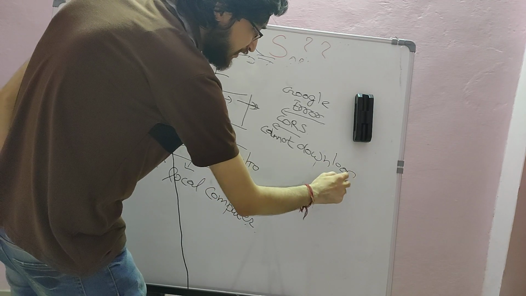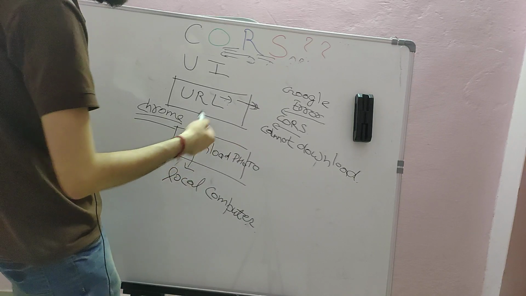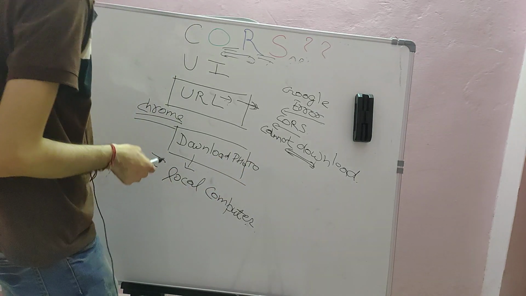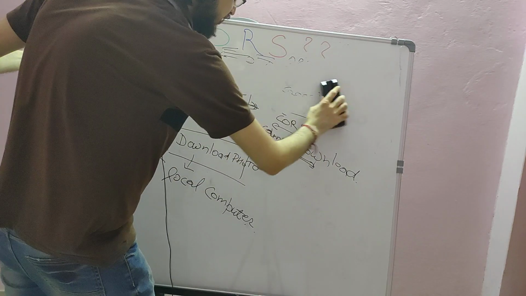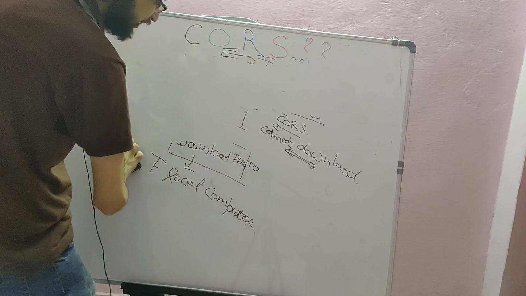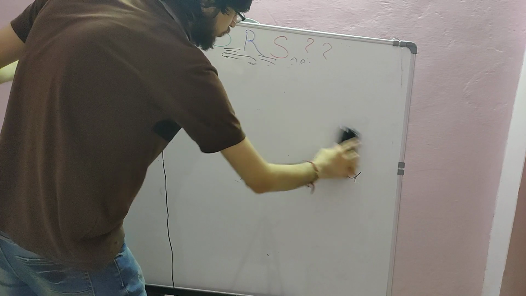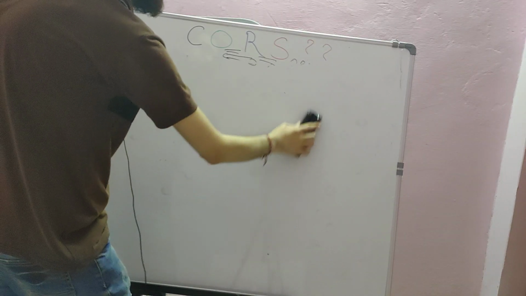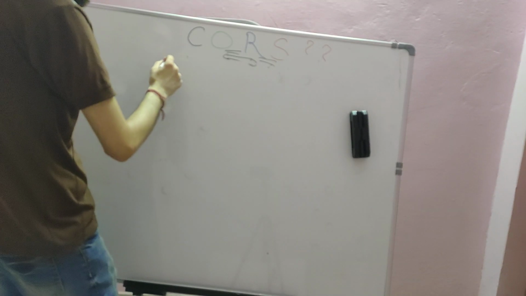You have seen this error inside the console window of any browser. If you right click, inspect element and go to the console, you will see this error happening. This is the CORS error. Now let me tell you how we can fix this error. In order to fix it, essentially two steps are there. Let me tell you the first step. It is very easy. So let me talk about step number one.